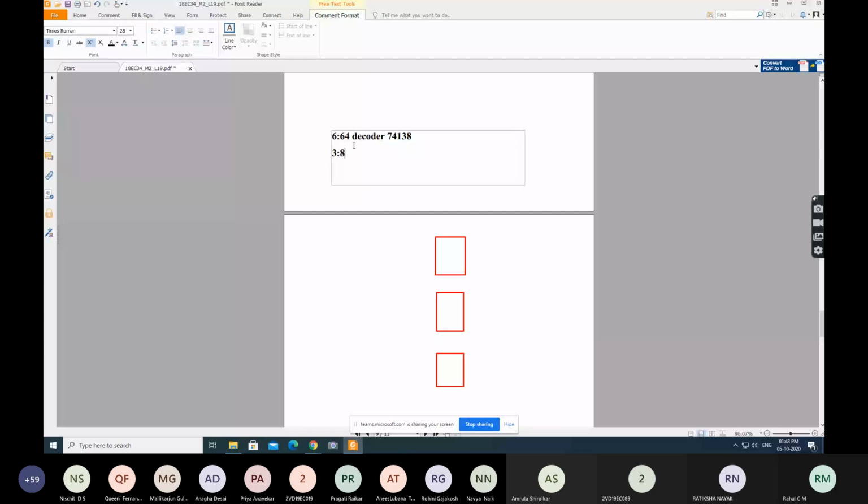Correct output: how much is it? 64. And input? 8. So what is the relation? 8 ICs are required. 8 × 8 is 64, you understand? So I have drawn here